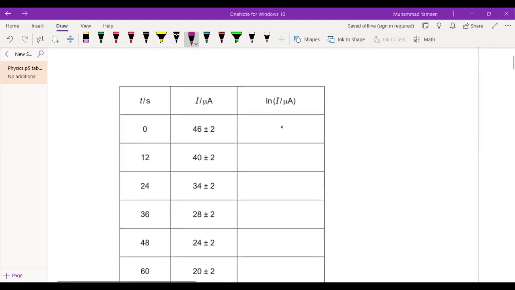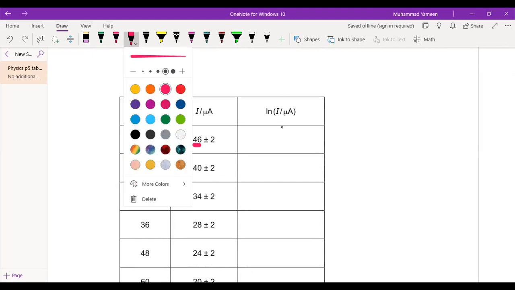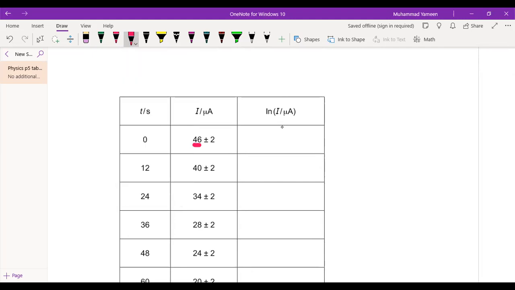So over here you have to calculate ln I. So that is ln 46. You have a button on the calculator, this ln, that is natural log, and ln 46 would be, let me do that, ln 46. Over here you can see this is ln and that is 46. So the answer is